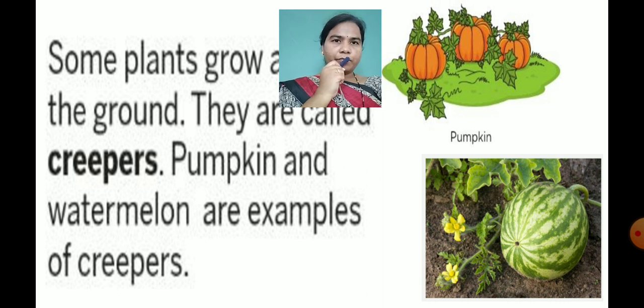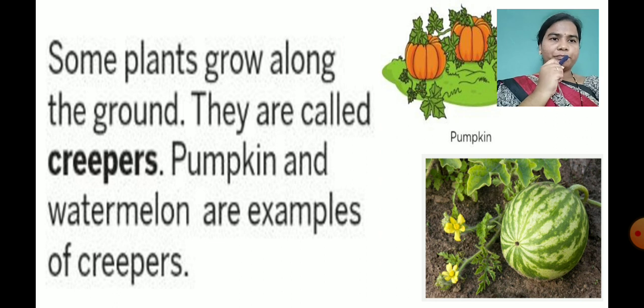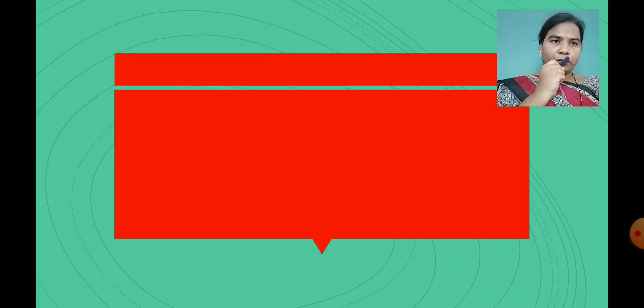Getting children? So in this way we have seen the types of plants, big plants and small plants. In small plants we learned shrubs, herbs, climbers and creepers. Hope you got it very well, children. So you have to go through it and learn the questions and answers. You have to study.